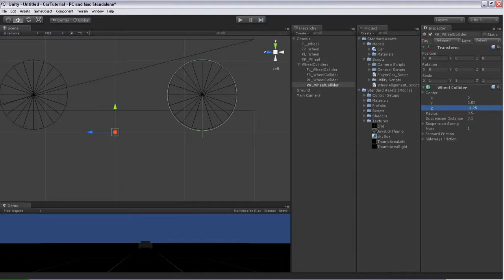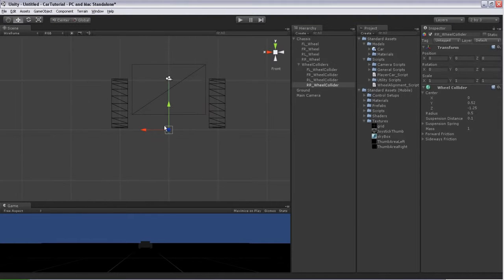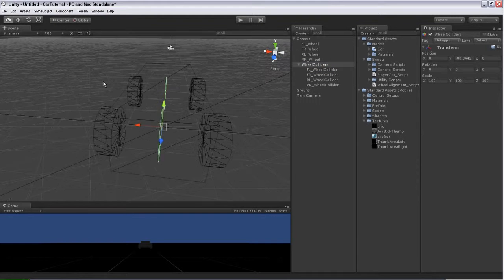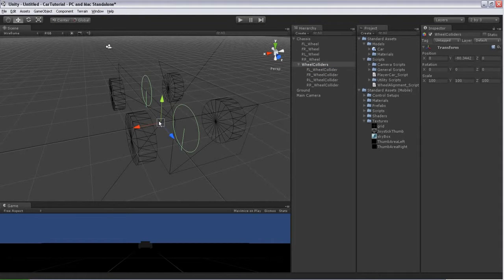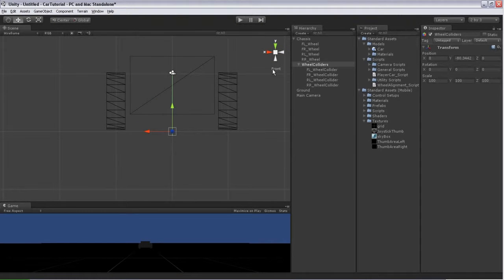What was it? 2.5? Yeah, okay. So, all right, all the front ones are in the front. Now we need to look down the vehicle to make sure they're centered. All the wheel colliders are in the middle of the vehicle, and we need them to be over here in the wheels. So we're actually going to look down the front of the vehicle like this, where you'll see front